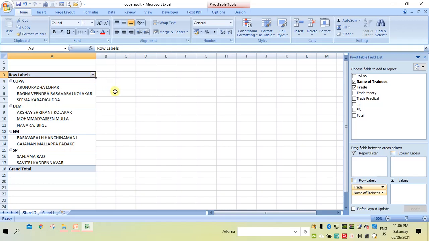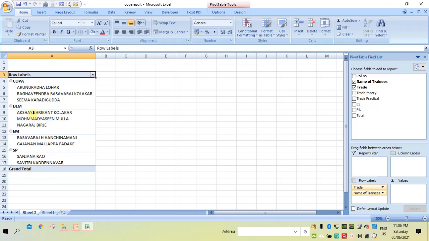You can observe here the trade, and in that trade how many trainees there are. For example, COPA has 3 trainees, DLM 3 trainees, EM 2 trainees, SP 2 trainees. Like that we can get.